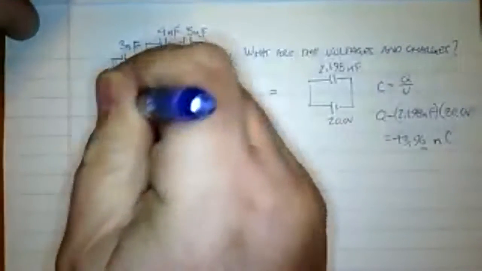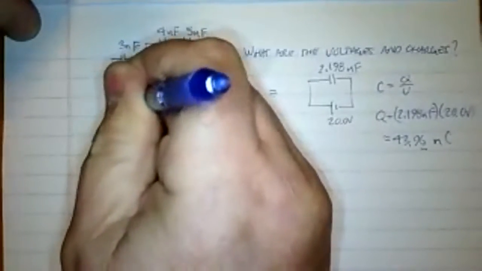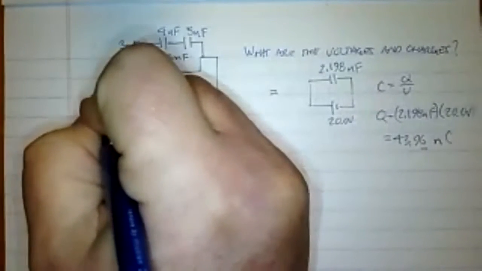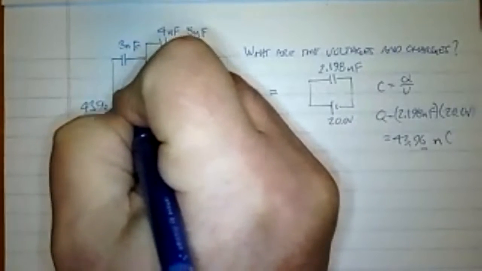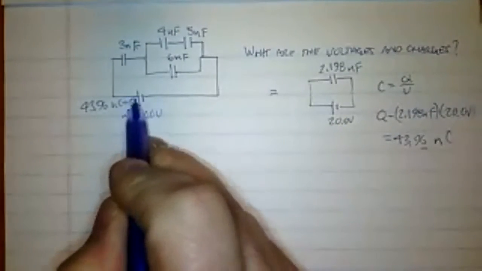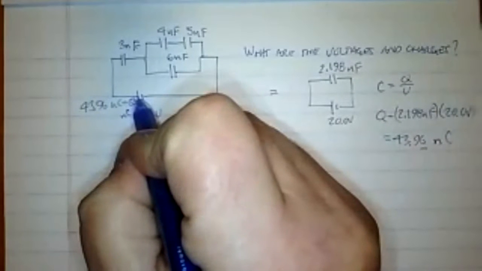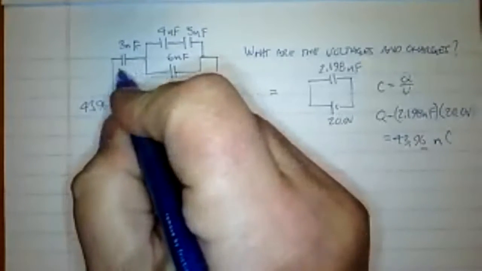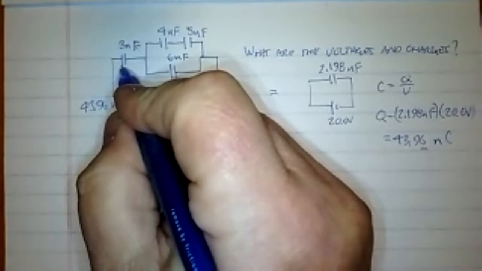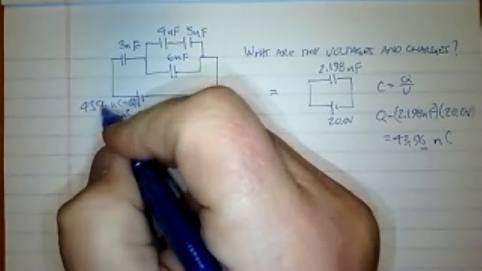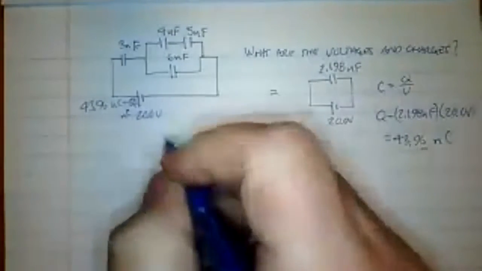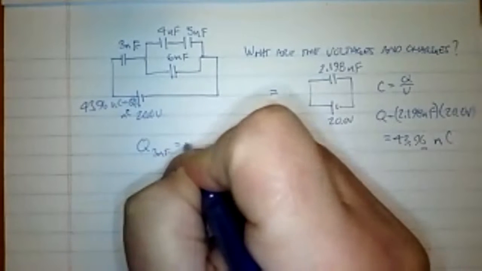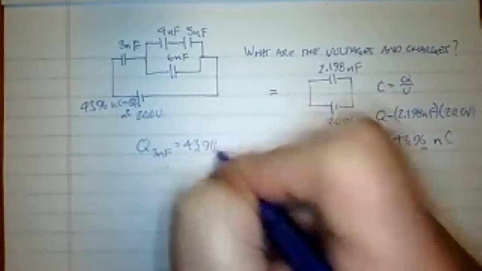And yes, I wrote that really, really small, so y'all have no chance in heck of seeing it. So that's how much charge is leaving the battery. What that means is all that positive charge has no choice but to go right on here. So I can immediately tell you the charge on this capacitor is going to be 43.96. So Q for the 3 nanofarad is equal to 43.96